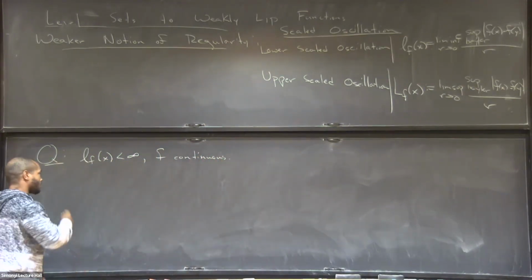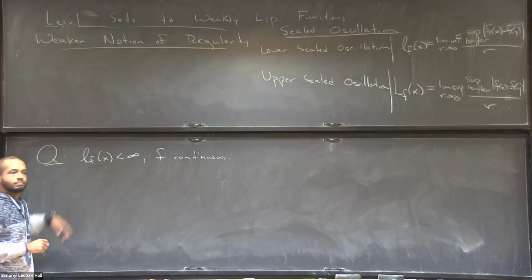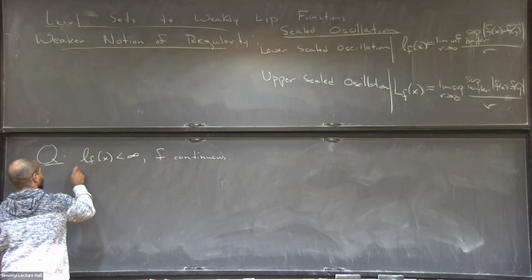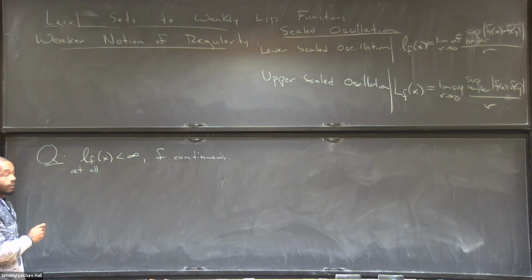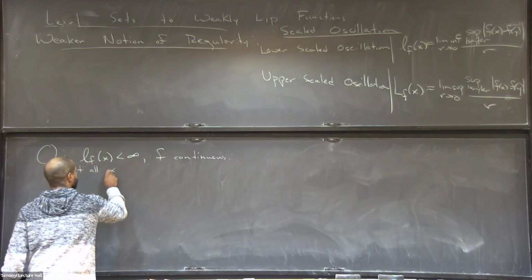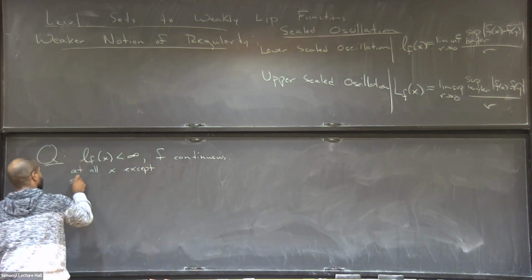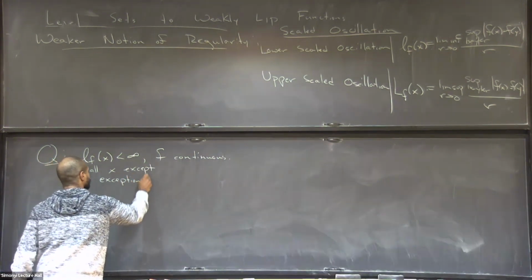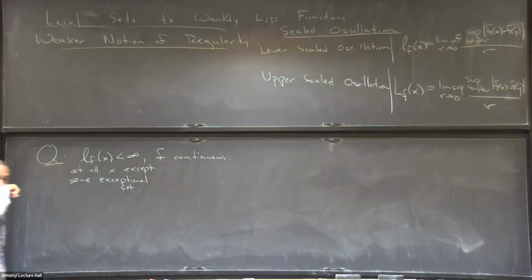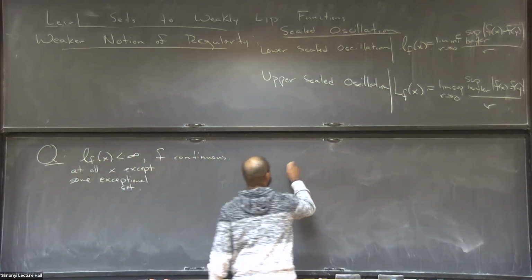Let's say little l f is bounded except for some exceptional set. Bounded pointwise, like never infinity. Sorry, you mean bounded pointwise? Yeah, bounded pointwise, for all x outside the exceptional set. Continuous implies what about